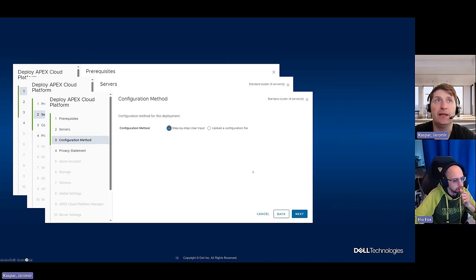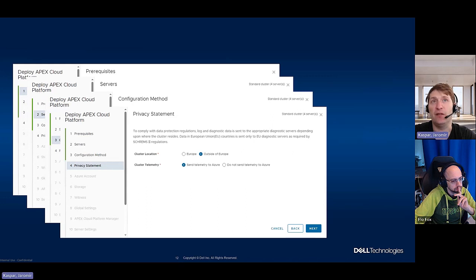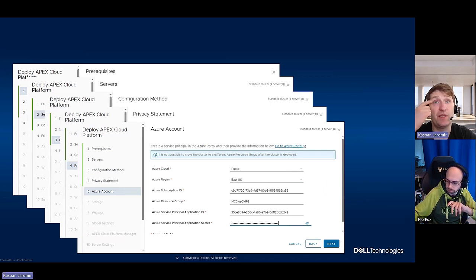Okay. Then you will just decide if you want to do step-by-step or upload a configuration file. We already saw this screenshot. If it's in Europe or outside of Europe, in this case, this cluster was in the US. So I decided to even send the telemetry into Azure. Then you specify the Azure account. The deployment is done using a service principal. So in this case, the service principal is used. If you do cloud deployment, then you authenticate as a user who is deploying it, right? In this case, there's a service principal